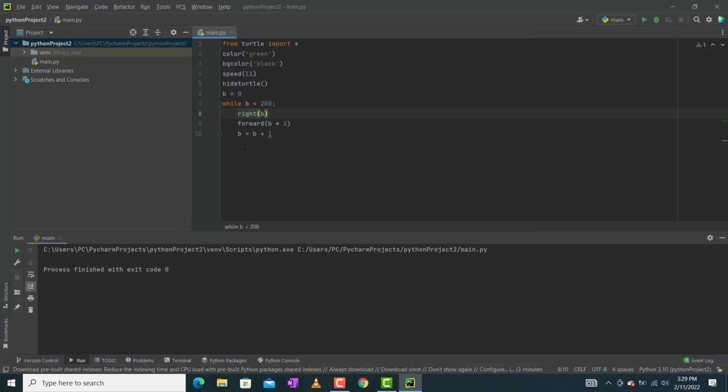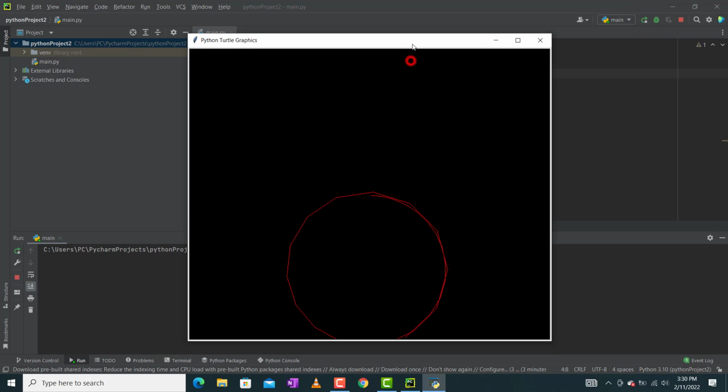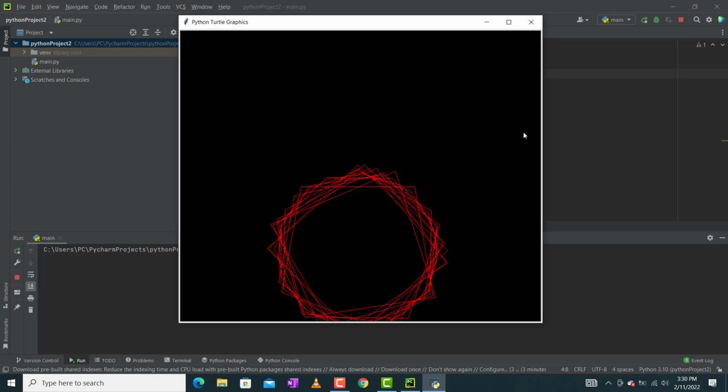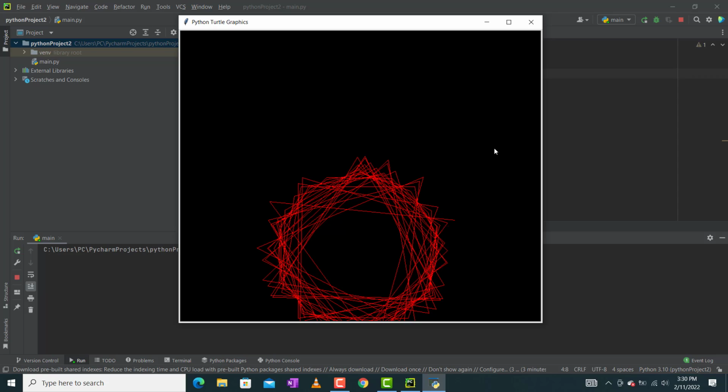You can also change from the color green. Let's put it in red, and let's slow the speed. Let's put it to 7. Then we run it and see. So as you can see on your screen, it is a very good program